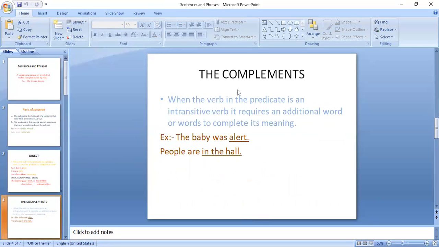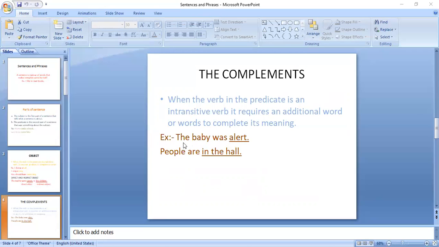What are complements? When the verb in the predicate is an intransitive verb, it requires an additional word or words to complete its meaning. What is an intransitive verb? Intransitive verbs are those which do not have an object. Example,